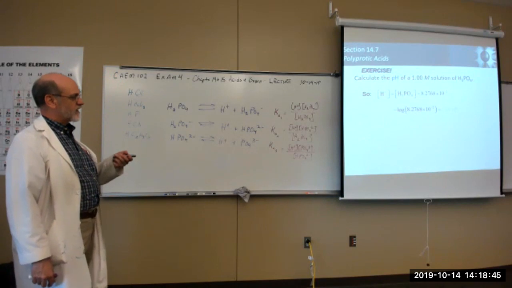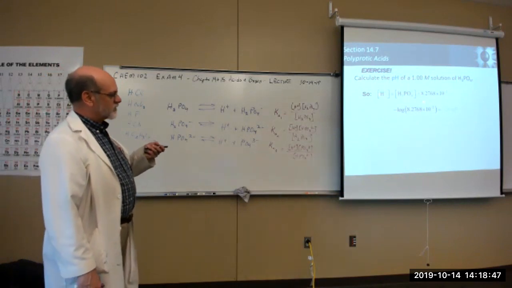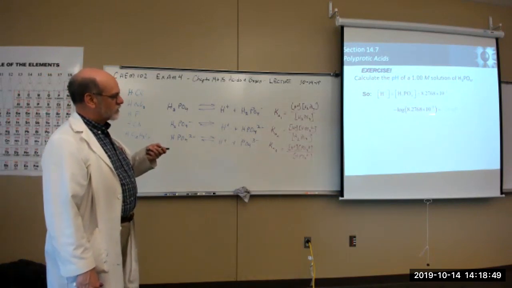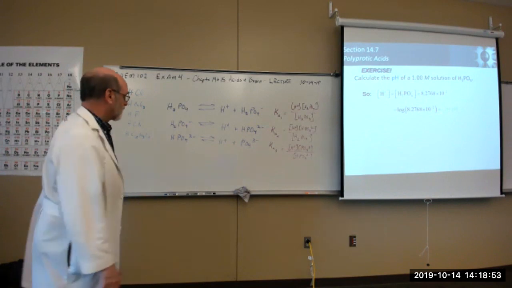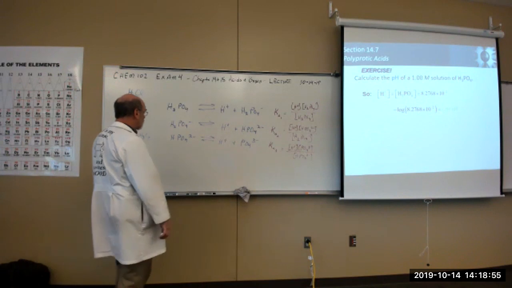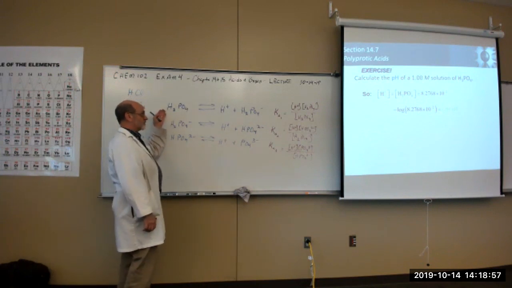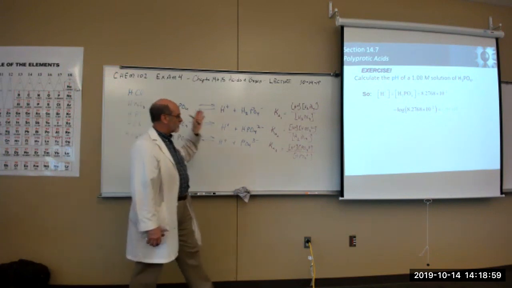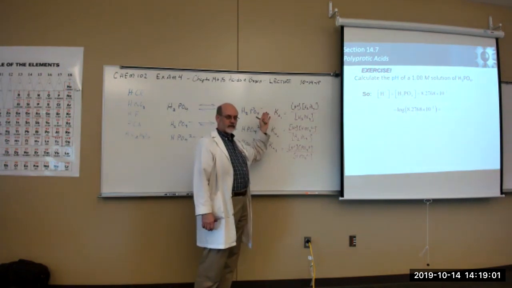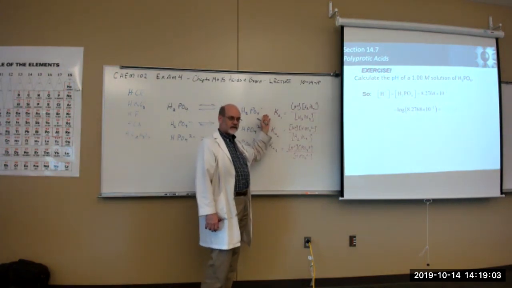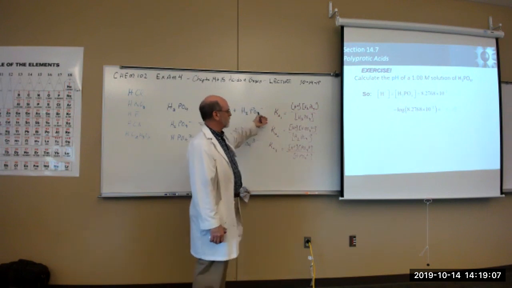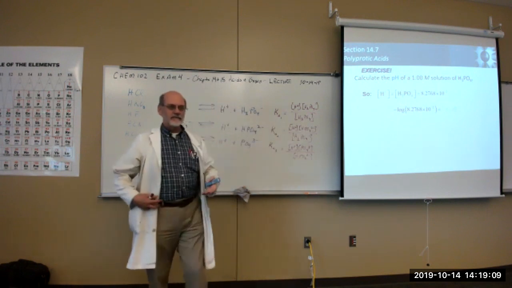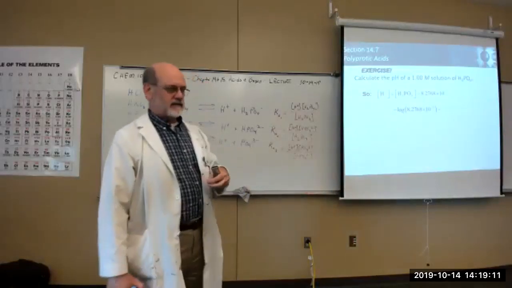Right? We just take that value and we say negative log of that value is 1.08 pH. Now, these might be weak acids, right? Based on our definition of K, they don't dissociate a lot. 10 to the minus fourth, I think, or third, 10 to the minus third. But that's the